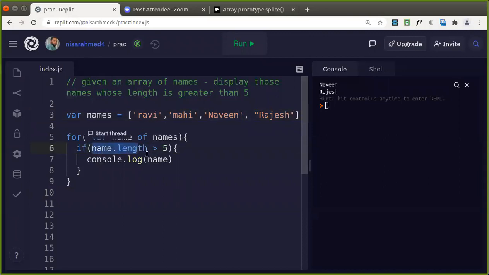Ravi's length is what? 4. 4 greater than 5 is false, so it is not displayed. Next one is Mahi. Its length is also less than 5, false. Naveen length is how much here? 6. So that is true. It has displayed Naveen. Rajesh length is greater than 5. It is displayed as an output.